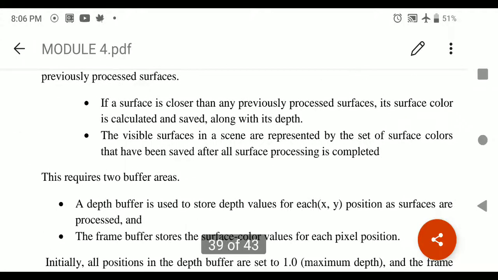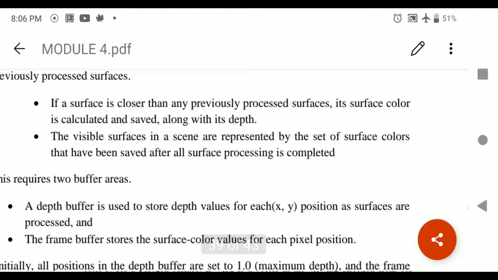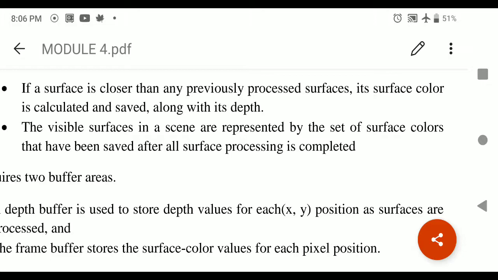If the surface is closer than the previously processed surfaces, if there are any, then its color is calculated and saved along with its depth value. Now why do we need this? If it is closer, obviously it is the visible surface with respect to the view plane, and that's why we save that particular point value with the color and also store it in memory.